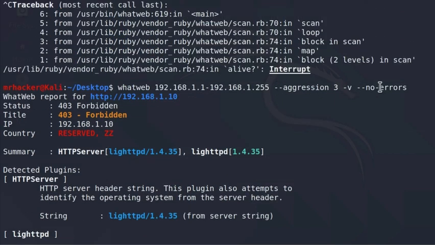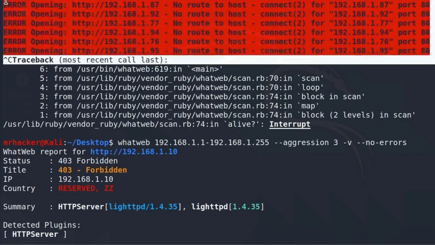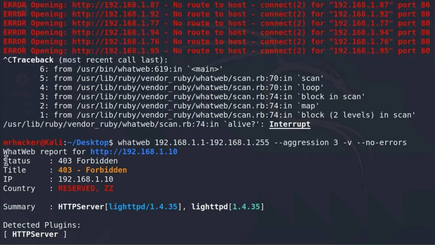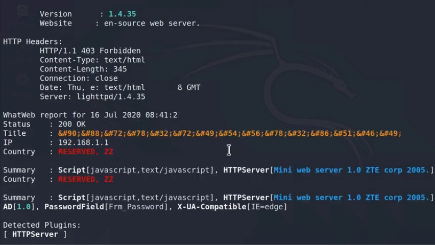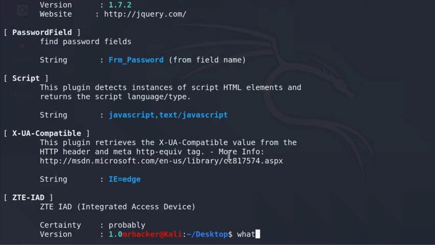And we used no errors to not print out these offline IP addresses. But what if we, for example, wanted to save this output that we got in a file for some future references? Well, if I type the command whatweb --help